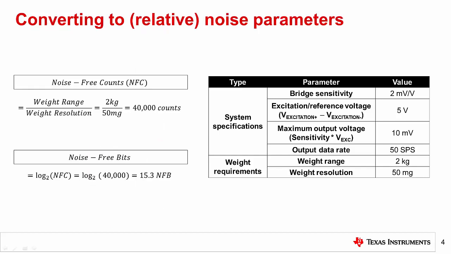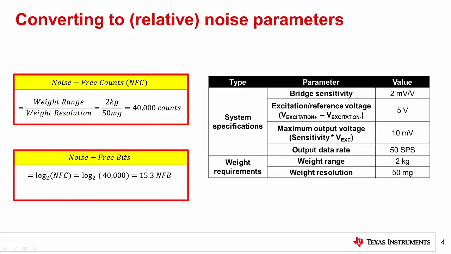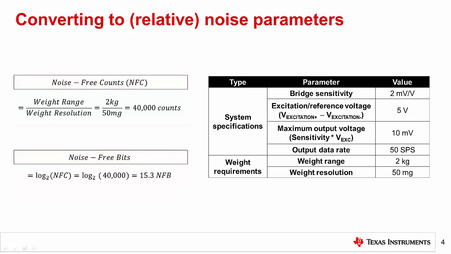If you have watched the Precision Labs module on noise measurement methods and parameters, you might recall that we recommended using input referred noise to define system noise parameters and choose an ADC. While that is still true, many engineers speak in terms of relative parameters, especially for weight scales. In fact, the two relative parameters shown here, noise-free counts and noise-free resolution, are commonly used metrics to describe weight scale dynamic range performance. Specifically, noise-free parameters are used instead of RMS values since manufacturers want the weight reading to settle quickly and remain unchanged once a weight is applied.